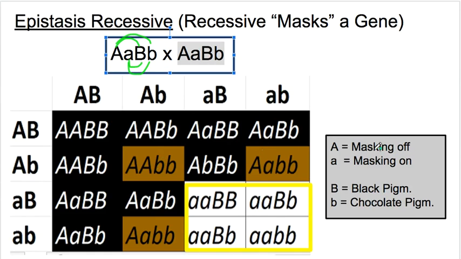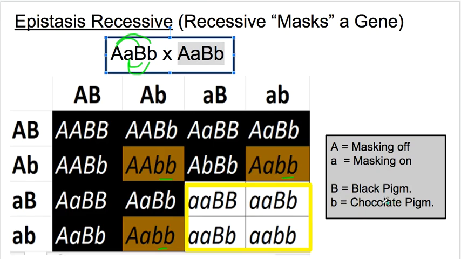So now let's look at the masking. If it has a big A, then the masking is off. So all these ones that are black or chocolate have at least one big A, which means the coloration comes through. All the blacks have one of these big B's, and they will have a black coat and a black nose. The chocolate, this is chocolate, this is chocolate, and this is chocolate because they have the little B's, the chocolate